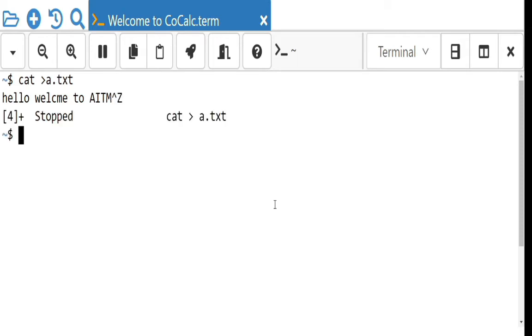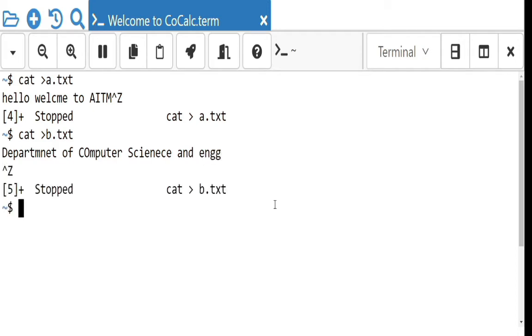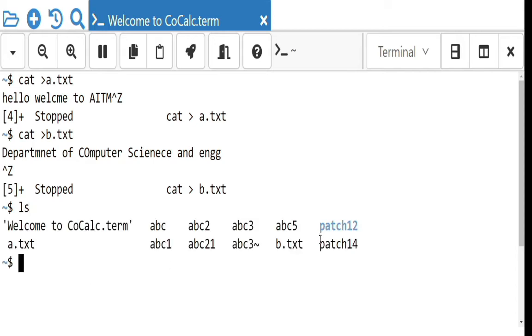Then next I want to create another file, that is b.txt. Here I am going to write: Department of Computer Science and Engineering. Okay, so these are my two files. Let me see the two files, a.txt and b.txt.